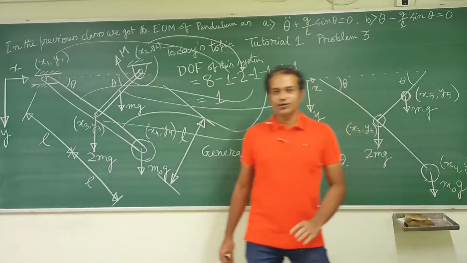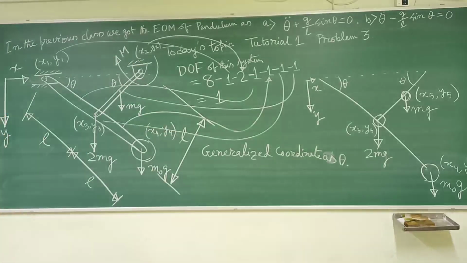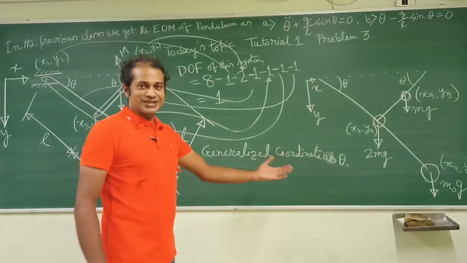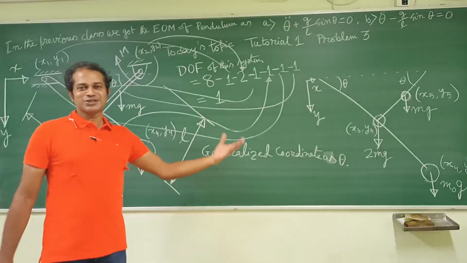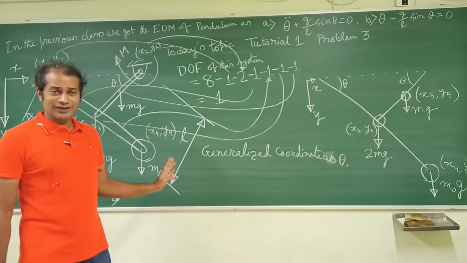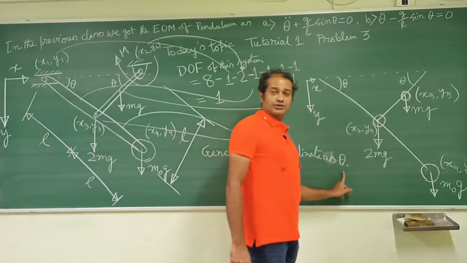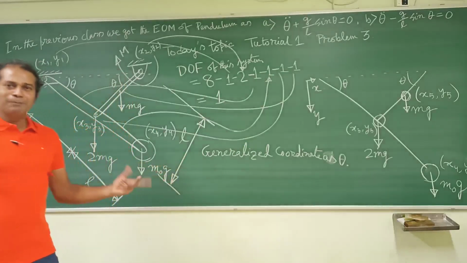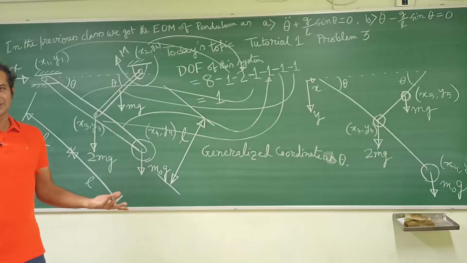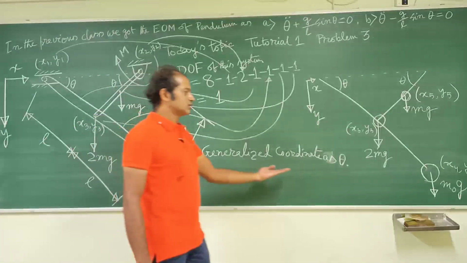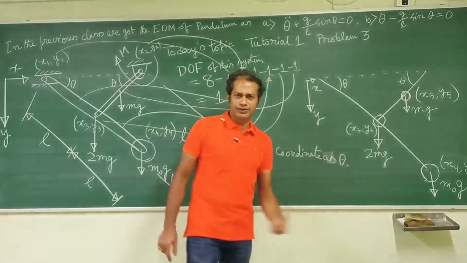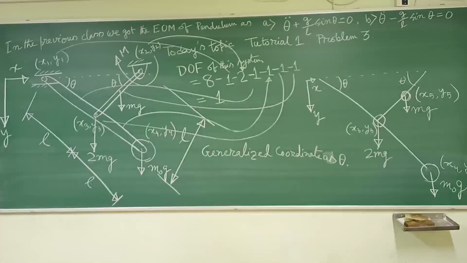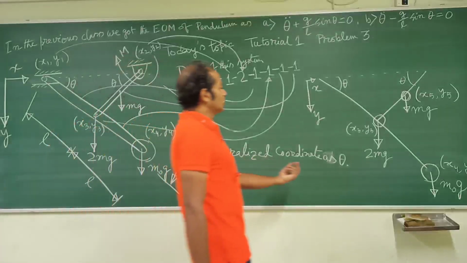Look carefully. Okay. So this is our generalized coordinate, and I am repeatedly using this generalized coordinate. But generalized coordinate is, I mentioned in the previous class, the degrees of freedom coordinate. So over here only 1 degree of freedom. So my generalized coordinate should be 1, and I have made it theta. I can use x and y, but ultimately I have to use the constraint relationship. So it is quite better to use only one variable, or rather the degrees of freedom variables. How many degrees of freedom? That many variables we are going to choose. Because ultimately we will be getting only one equation.